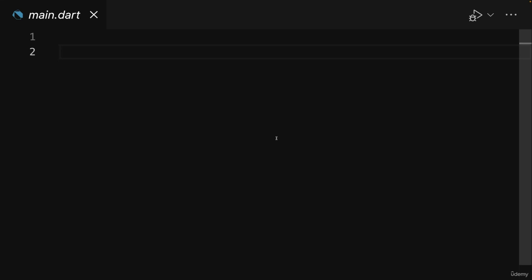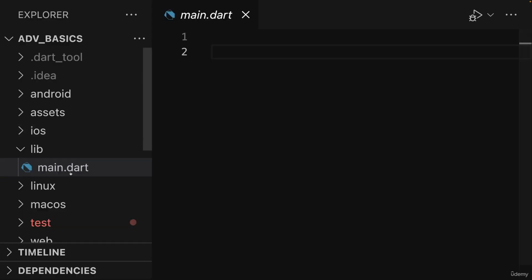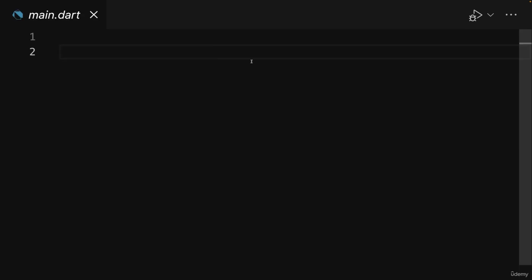So, did you succeed? Were you able to build this starting screen? In this video, I will show you one possible solution, and I will show you how I would build this starting screen. It all starts in this empty main.dart file, of course, and there you learned that you must add